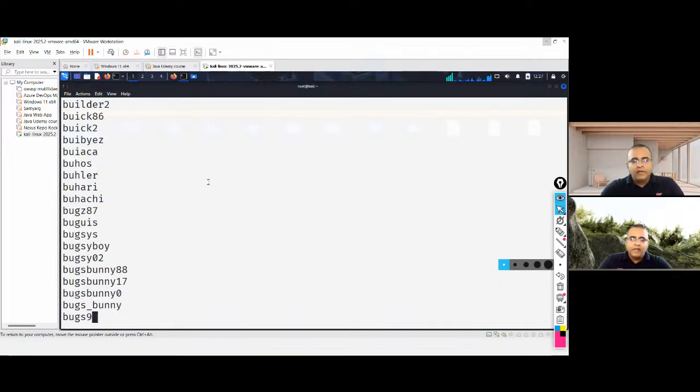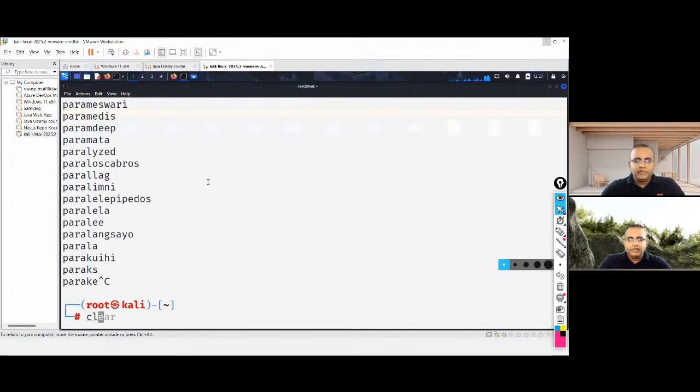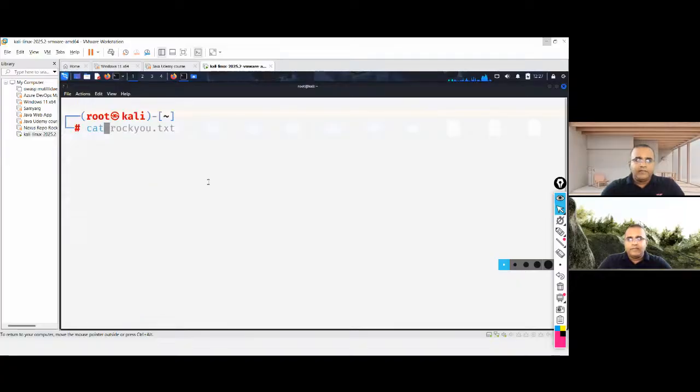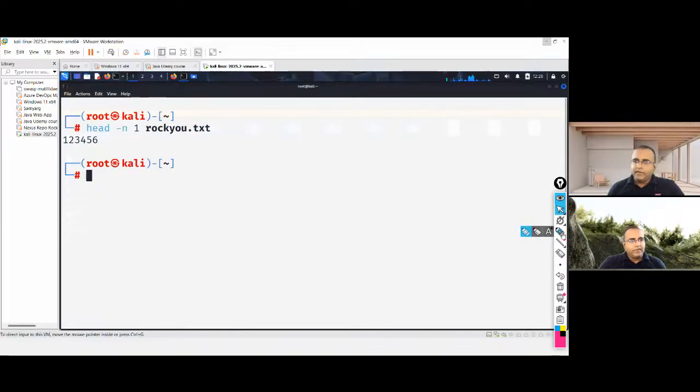So what it is going to do is, let's say hashcat with rockyou.txt. It is going to take the first password, 1, 2, 3, 4, 5, 6, and do a SHA-256, and it's going to get a hash.